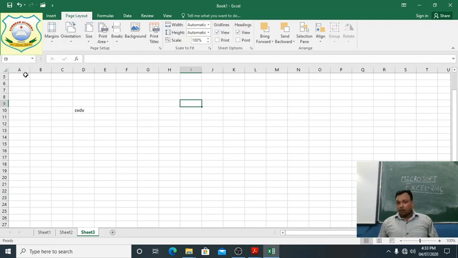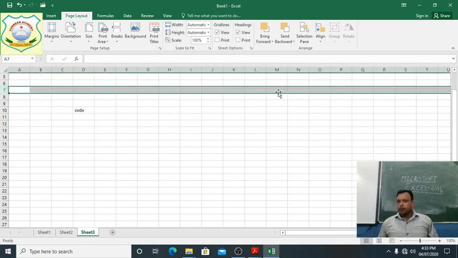So now we are discussing the headings. These are column headings and these are row headings. Suppose click on D. See, all of column D is selected, the entire worksheet column. Similarly, suppose we select row 7, there we have selected row 7 of the entire worksheet.